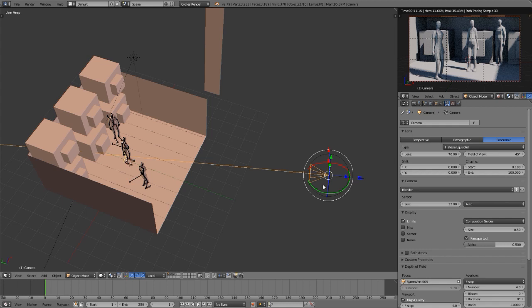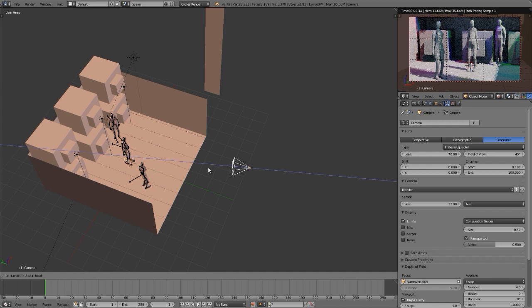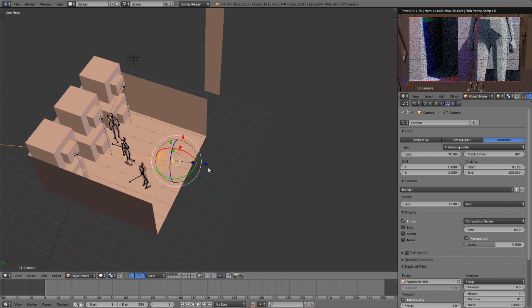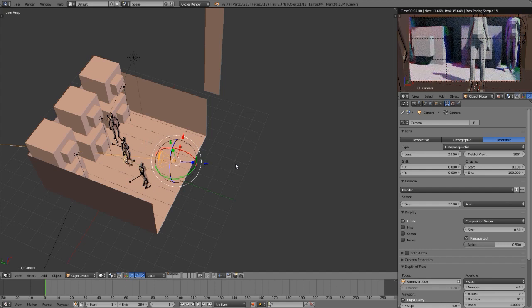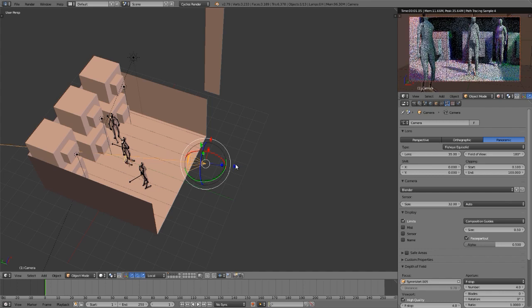When you use a panoramic camera, you really have to pay more attention to your lighting solutions, you have to pay more attention to the blocking of characters and objects, and you have to pay more attention to the location of the camera and the size of your set designs. And if you're used to putting your camera way up close and having everyone in frame in sort of this crazy, impossible